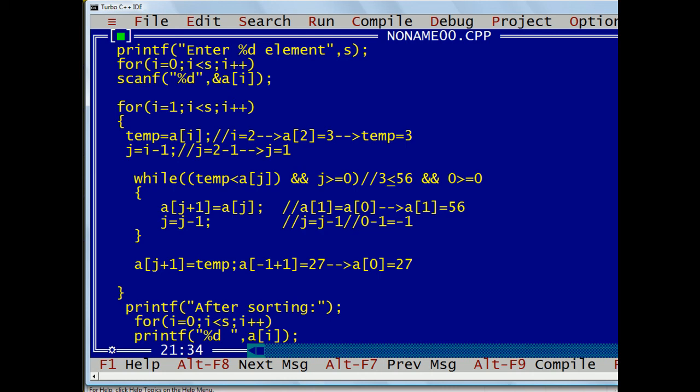and we will check the value of j. The value of j here is 1, right? So we will check if 1 is greater than 0. Yes, so both the conditions are satisfied, right? That means I will go inside this while loop. Inside this while loop, the value of j, which is 1, will get assigned to j plus 1, means 1 plus 1, which is 2,